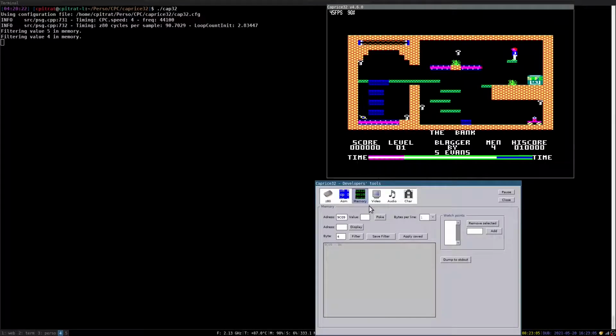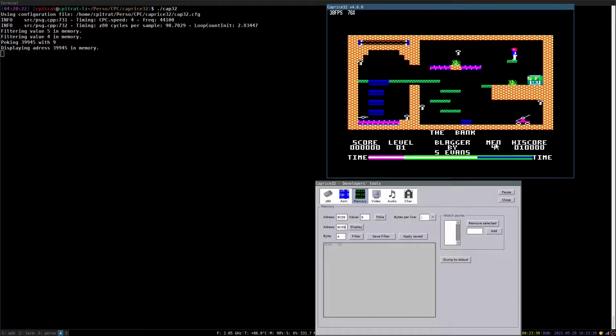I will put a different value. I will put 9, for example, and I click poke, which will change the value at this address. I can verify that it has been changed by displaying this particular address, and yes, that's a 9. So the problem is that the address has been updated, but here I still see 4 lives in the game.